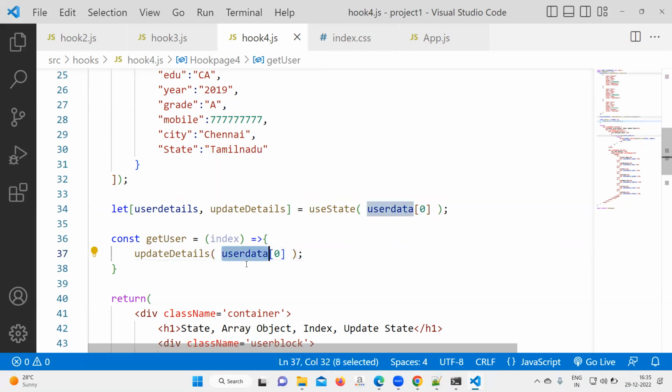So what is your array name? Array name is user data. What have you passed by default? 0. But now the user is clicking on different names that he wants to see. So 0 will get replaced by